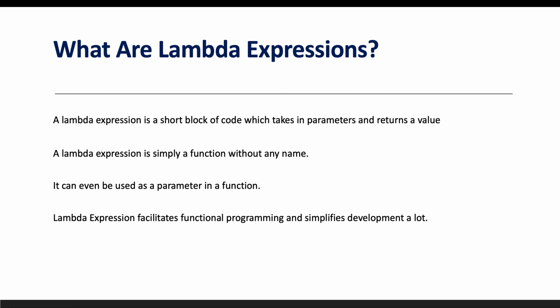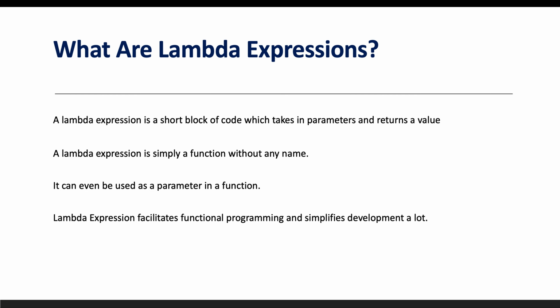We know that functional programming is not supported till Java 7, because functional programming means we need to write some functions and directly perform the operations. But in Java, everything should be encapsulated inside the class. It means if you want to develop any functionality, you need to create the class, write some parameters, write some functionality in terms of functions, and then you need to create the object and call it. But lambda expression is going to provide some functional programming similar to C and C++. We will see how.